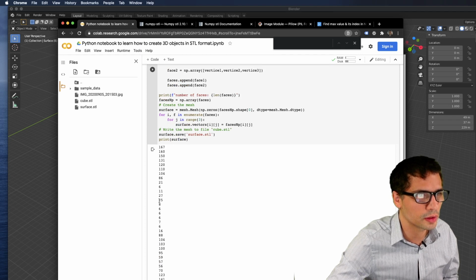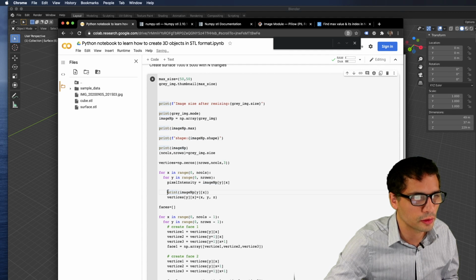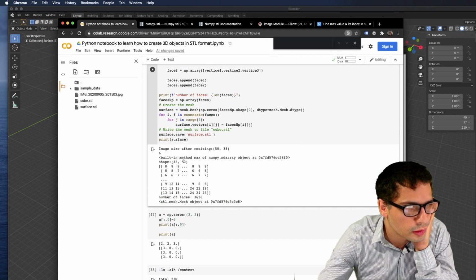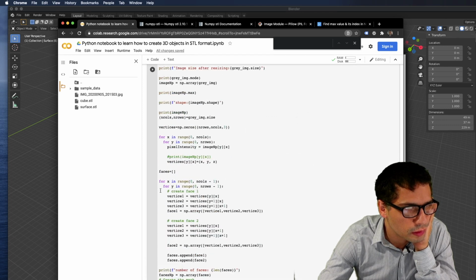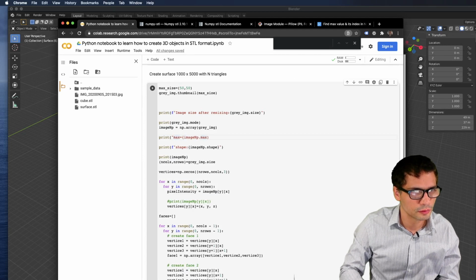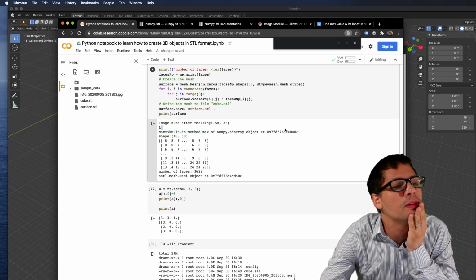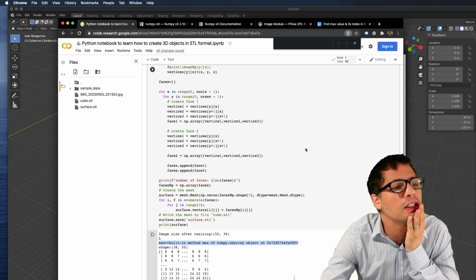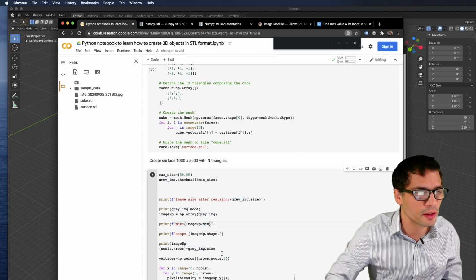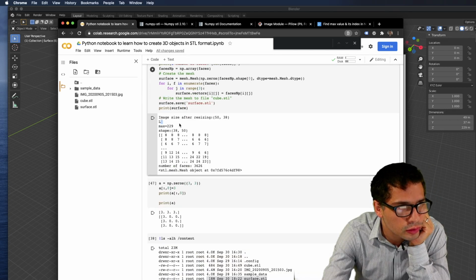Obviously, I need to give it... let's try removing this extra print statement. I don't know why. Okay, max equal to built-in method max of... what the heck? Oh, because I need to add the brackets. I mean, it's a function, right? So I need to have round brackets. So 229 is the max.